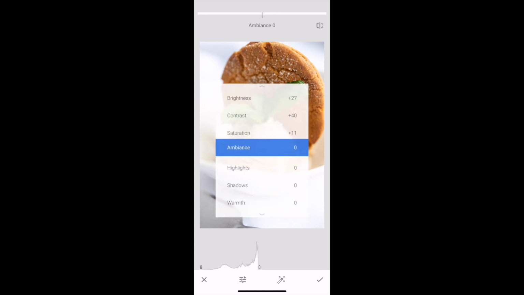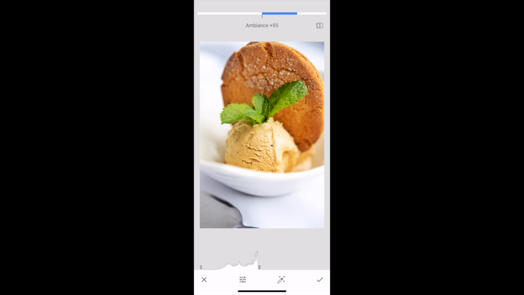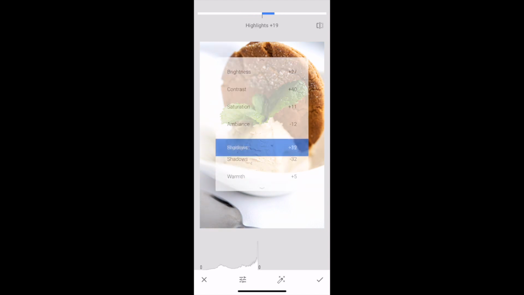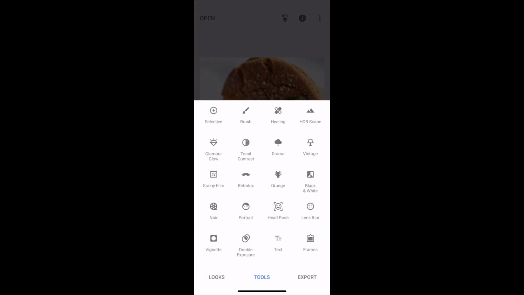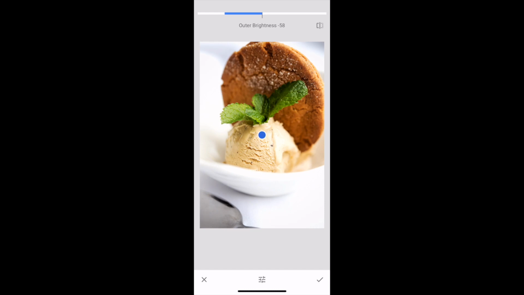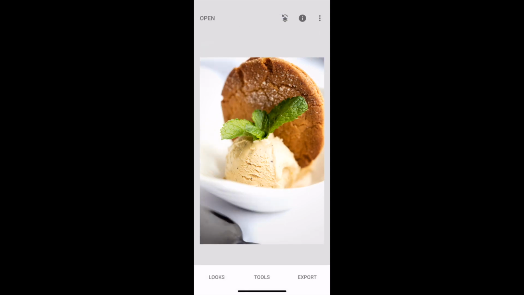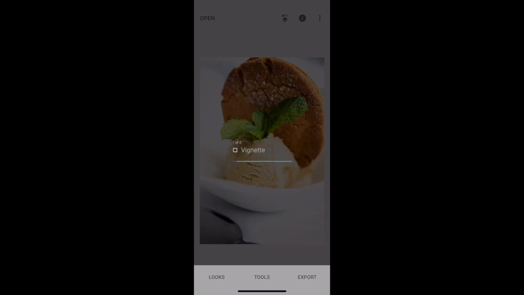Most of the stuff I shoot is with my professional DSLR camera, but every once in a while I will shoot with my iPhone, and I don't think anything coming right out of the iPhone should be uploaded directly. There should be a little bit of processing that goes on. So you use the brightness, kick up the contrast, the saturation, maybe vignette a little bit to focus the viewer's eye, but everything can just get processed there in Snapseed, and again, it's really, really clean. You can save it directly over the file, or you can save a copy so you're not disrupting the original file. Snapseed, it's my favorite.